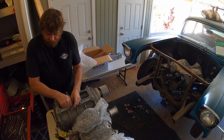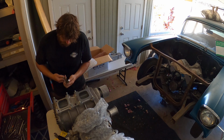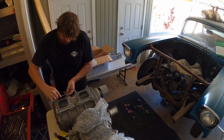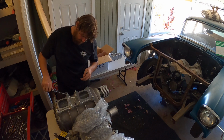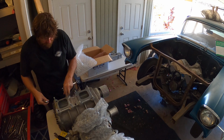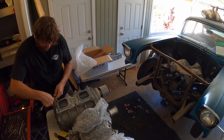When I was a kid, I used to try on my dad's shoes. So I'm kind of doing that right now. I'm trying on, not my dad's shoes, but a grown-up toy that I waited years and years and years to have. A blown 57. I've had other blown stuff, but this is the first big bore 671 that I've had on my own car. I mean, I've built other ones, but like